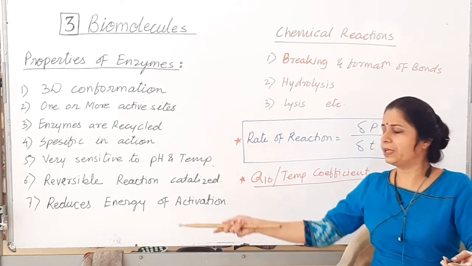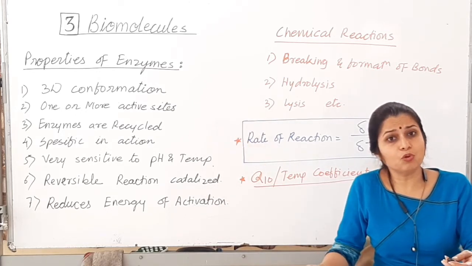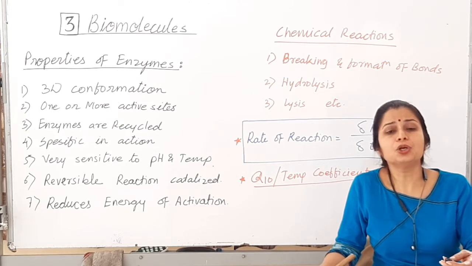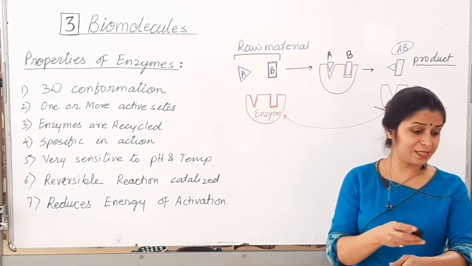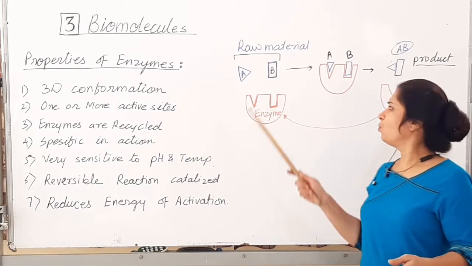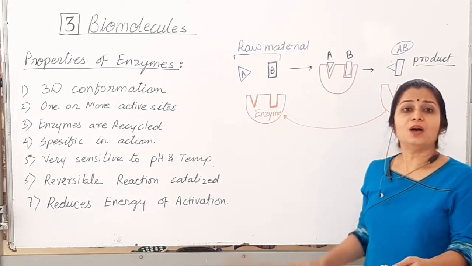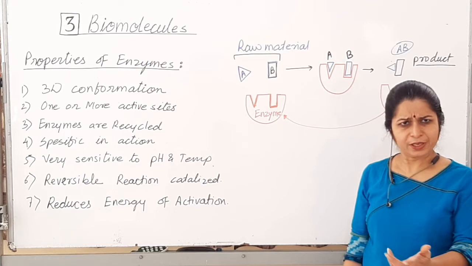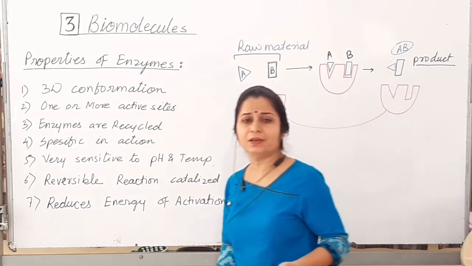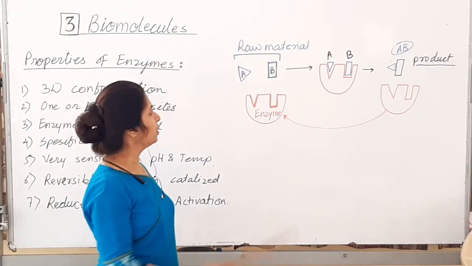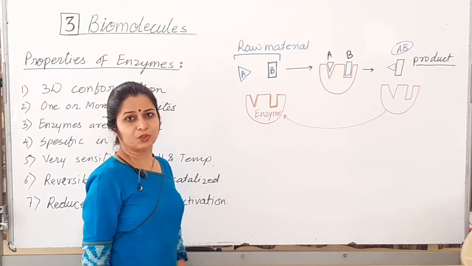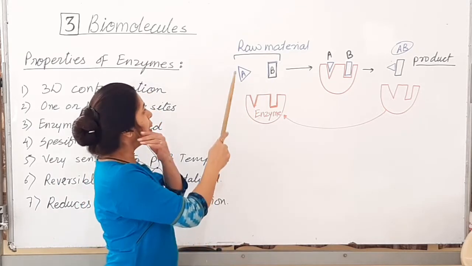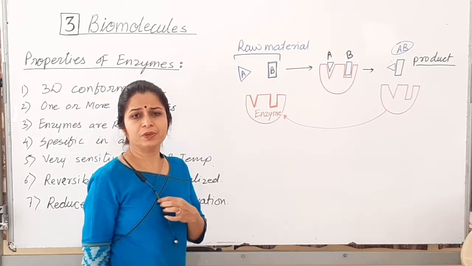Okay, अब ये जो properties है इसमें से कुछ property हमको आगे के लेसन के लिए relate करने हैं, तो उसको थोड़ा डिटेल में देखते हैं. See, now this is the overall process how enzymes work. Okay, so basic thing we'll discuss it and then relate with its property. This is the raw material A, raw material B. Raw material A, raw material B. I have purposefully drawn two different shapes.